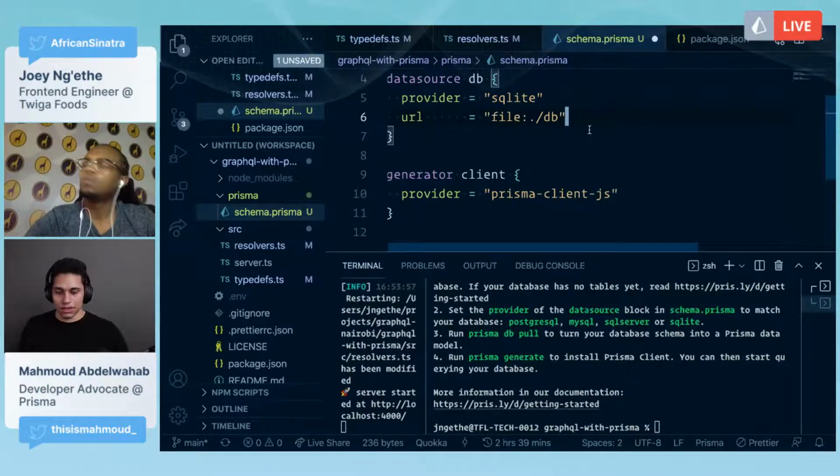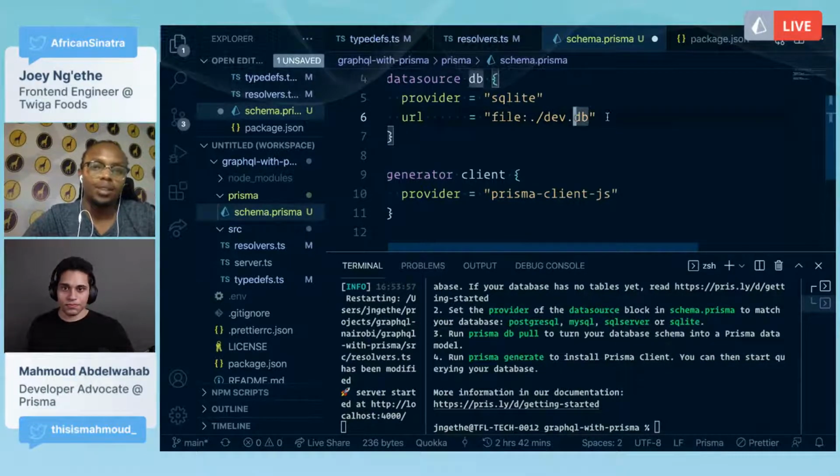Let's see, working with SQLite. Just to double check that, or we can just run it and see what happens. Yeah, it should be dev.db, so the file should be dev.db. It actually gets created. The .db is the extension, or you can name it whatever you want, but this will be the name of the database.